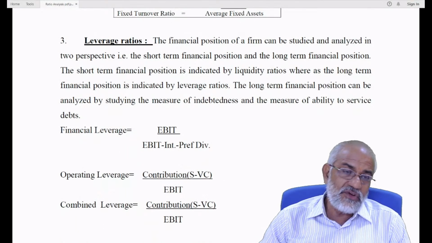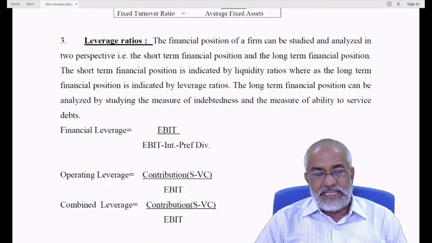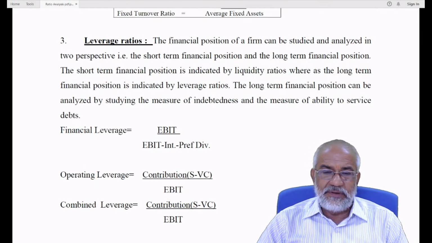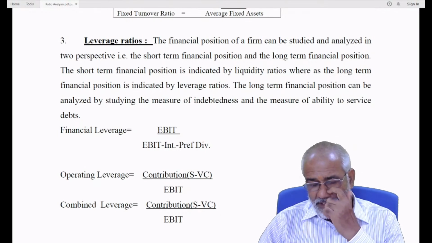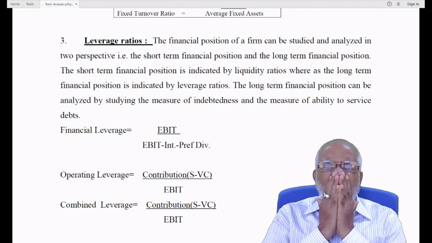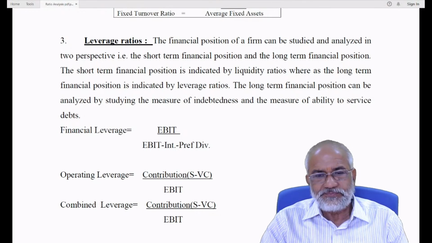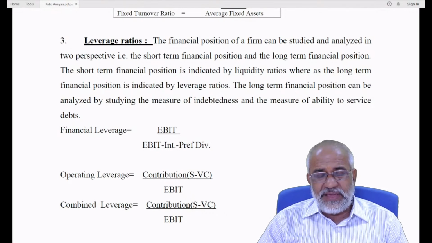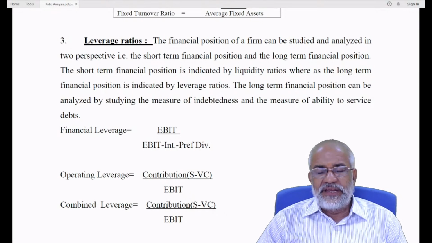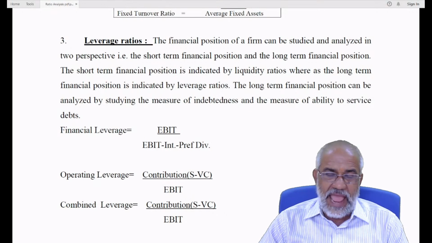Financial leverage is otherwise called trading on equity. Financial leverage is computed as earning before interest and tax, whole divided by earning before interest and tax minus interest minus preference dividend. What is financial leverage? Financial leverage is otherwise called trading on equity. What is trading on equity? Trading on equity means keeping the volume of equity intact,